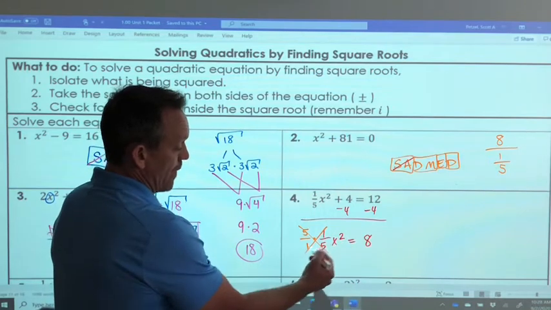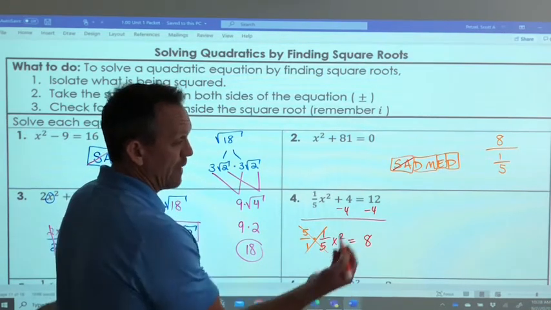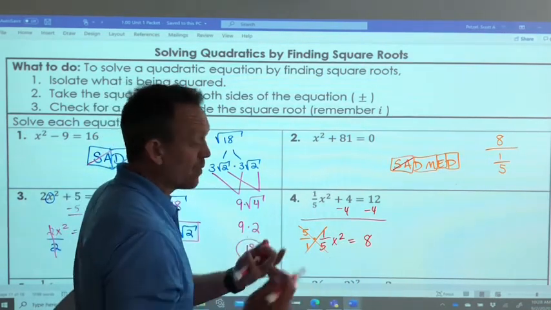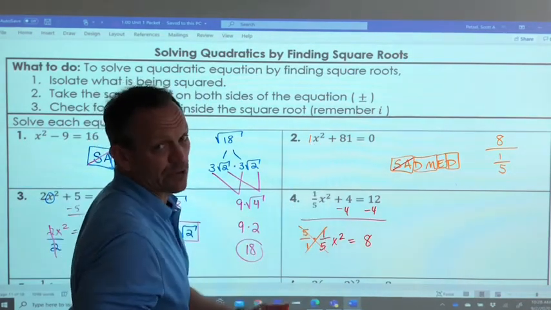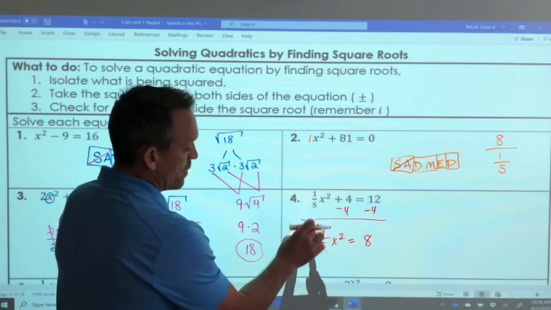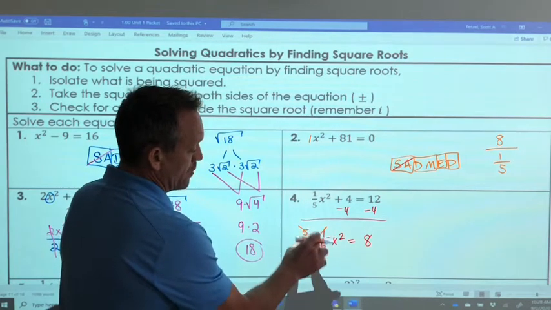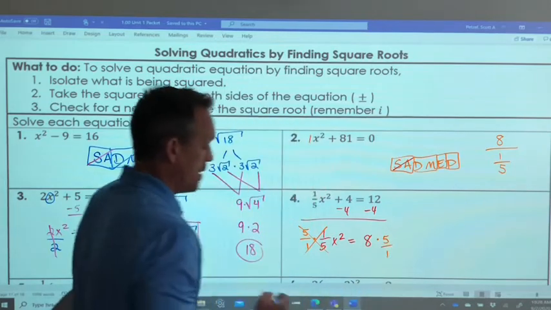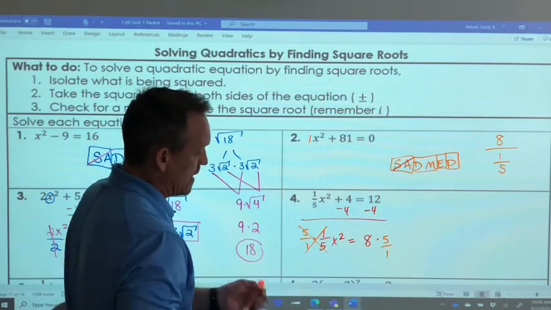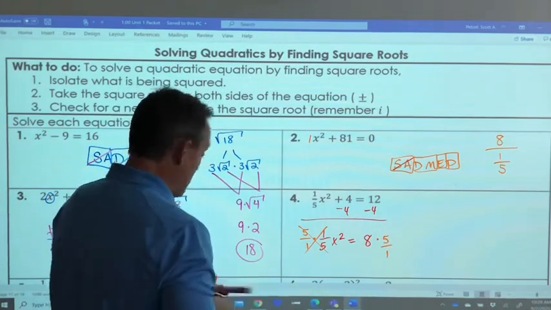5 times 1 is 5. 1 times 5 is 5. 5 over 5 is 1. You don't write 1 in front of it. There's no 1 in front of this x. It's understood. However, what I did, multiply this by 5 over 1, I also have to do over here. The difference between this one and the previous one